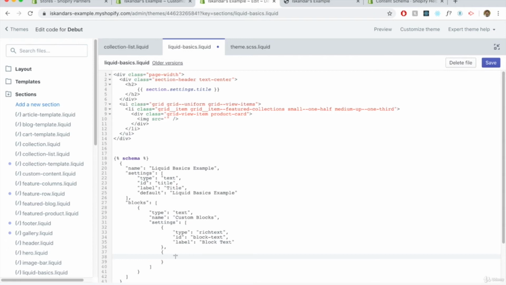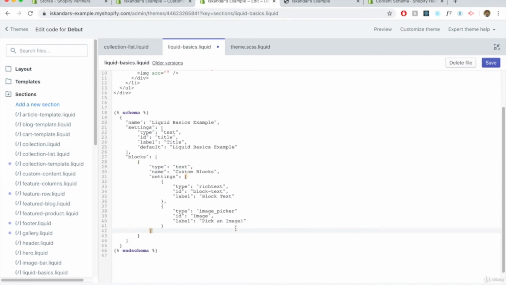And let's give this a type of image picker, because we already created an image tag over here, and the ID will be image. You don't want to make it capital, and then we'll put in here pick an image. All right, so we just created